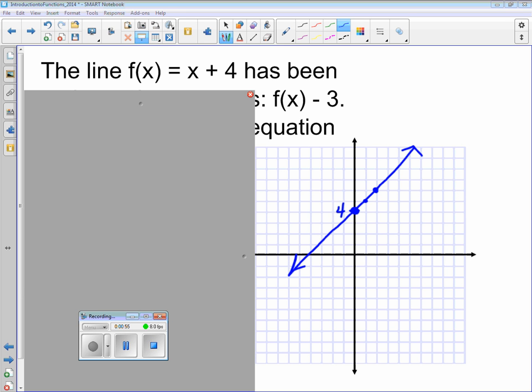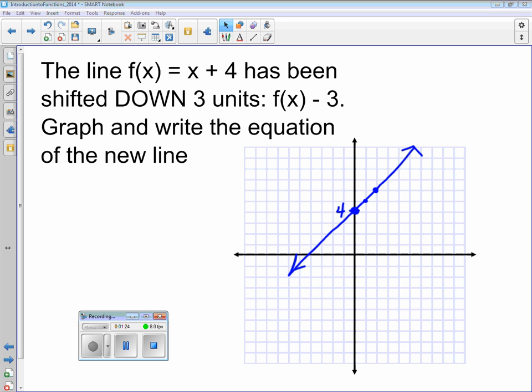Very good. So we call that, in this case, the parent. It is where we start from. And we're going to spend a lot of time over the next couple of class periods talking about parent functions. We're actually going to learn a little dance that goes with the parent functions. Okay, we can get a groove on. But, so our f of x equals x plus 4. If I want to move this around, or make transformations to this function,